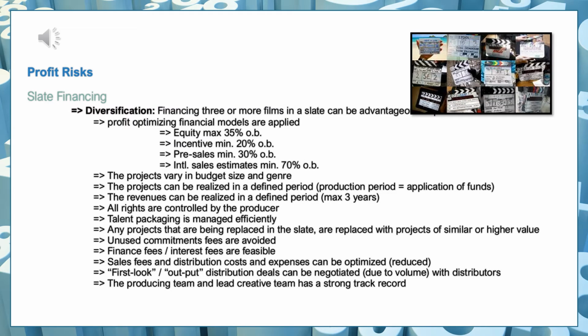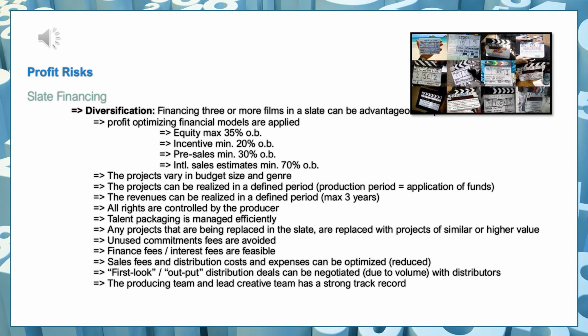While there is definite risk diversification applicable with slate financing simply because an investor finances more than one film and therefore diversifies their risk, there are also issues with that. So when I talk about slate financing, and we do this quite a bit, I manage the slate financing investments by putting investment criteria on the slate financing in its entirety. That means I make sure that the finance model that is applicable for the entire slate is one that would be the same for the movie.